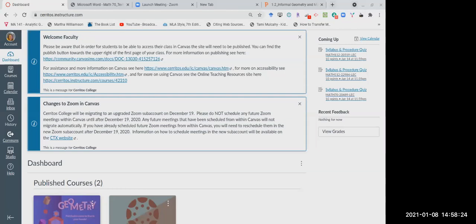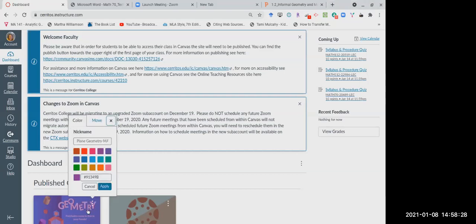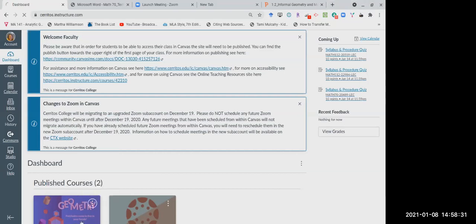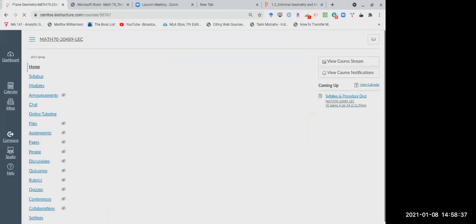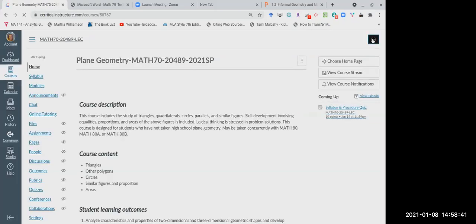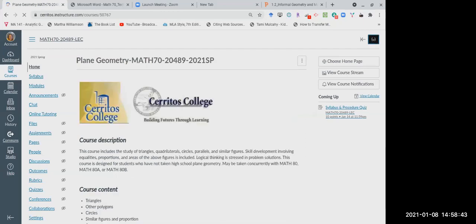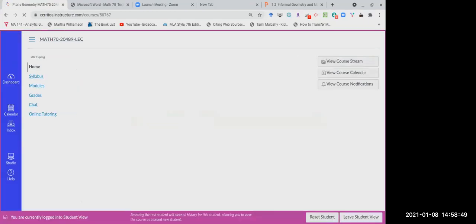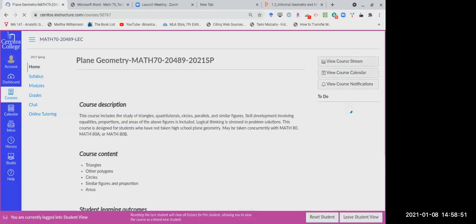I'm going to click on it and put this in Student View for you once it opens so that you'll see how this looks. Your page will look like this.